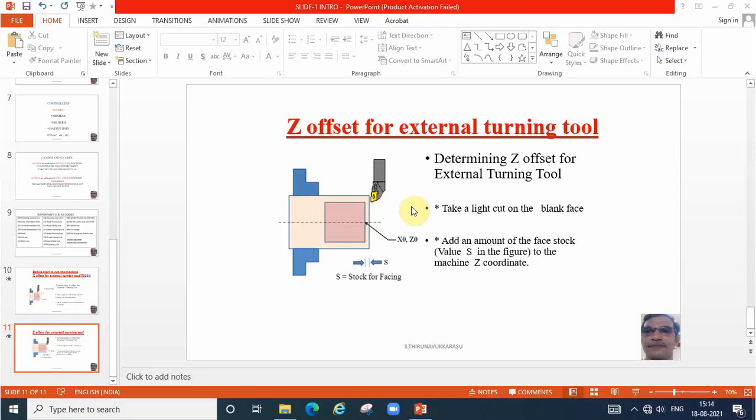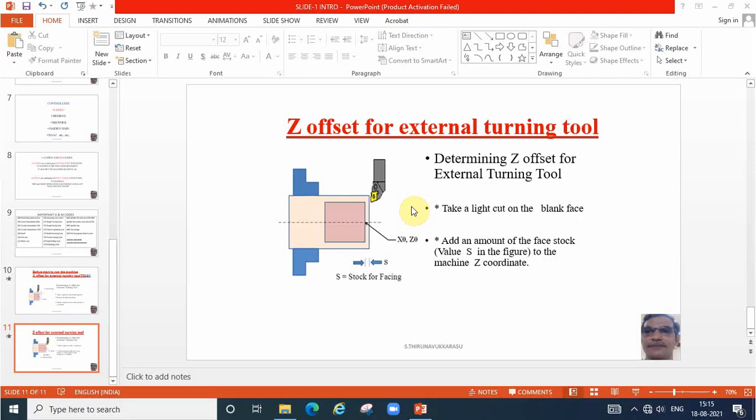Say that's all in the first slide. You just go through this slide number 1. It is clearly explained what are the things to be memorized, what are the things to be followed. So in the next slide, we will see manual programming.